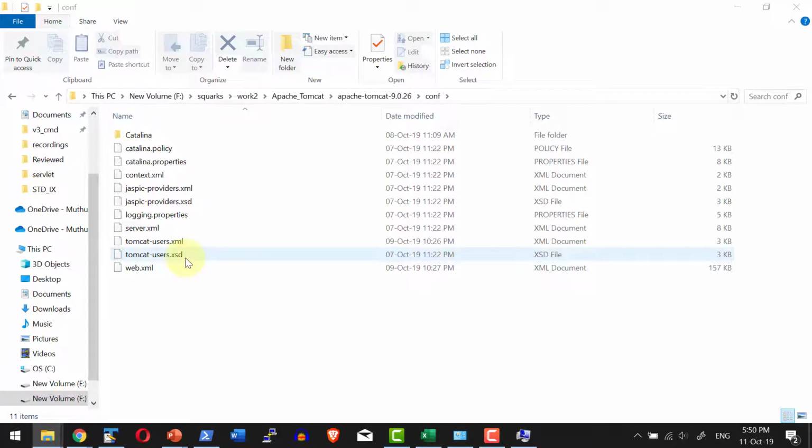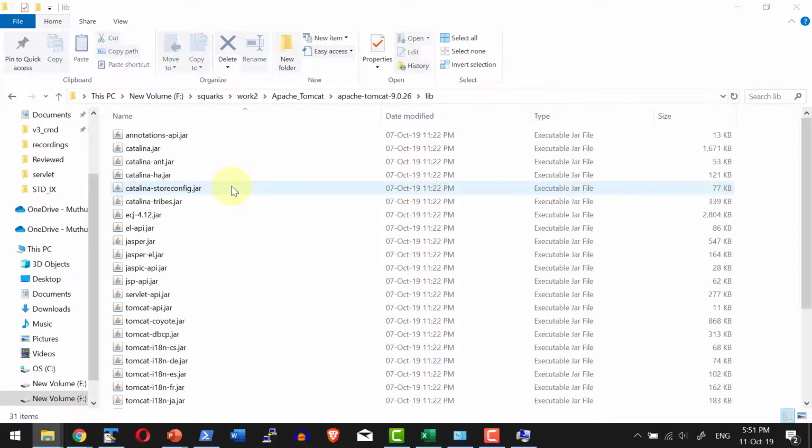it as XSD, to manage and control the Tomcat installations. The important configuration file within this specific folder is server.xml, where I am going to have the entire configuration details about this specific installation. And I will be having a global web.xml to control how the applications deployed within the installation should behave. The next folder I am going to have is the lib folder, where I will be having